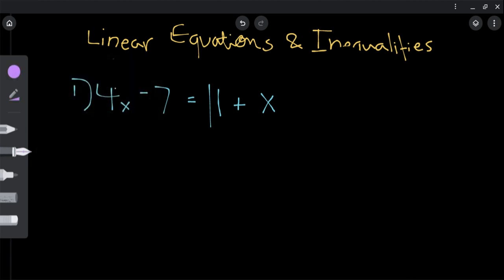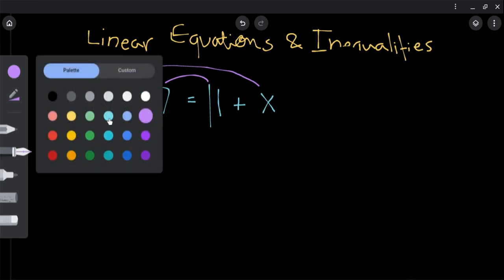So as you can see, we have two different terms that have x. And then we have these two, which are also like terms. So we have 4x and x, and negative 7 and 11. So we're going to move them together so that the like terms are on the same side of the equal sign. So we're going to do